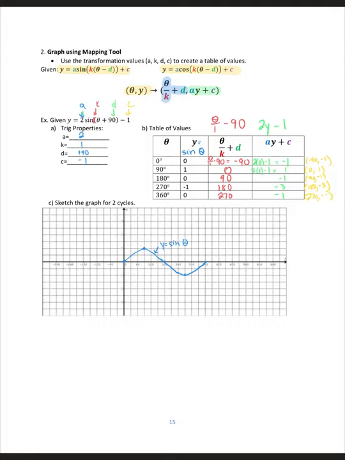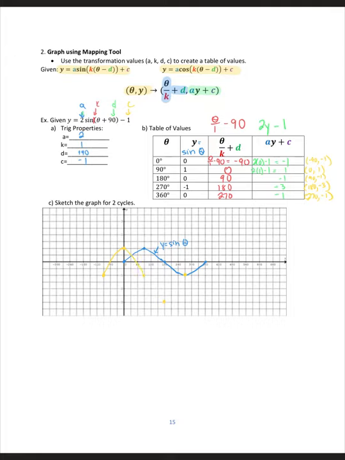So we have one at negative 90 and negative 1. And then we have 0 and positive 1. We have 90 and negative 1. You can see that's probably our axis we're going back to. We have 180 and negative 3. And then we have 270 and negative 1. Okay, so if I connect those,